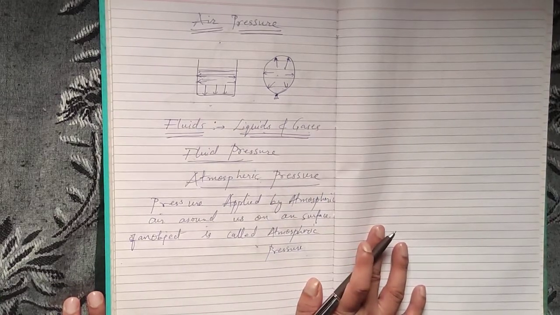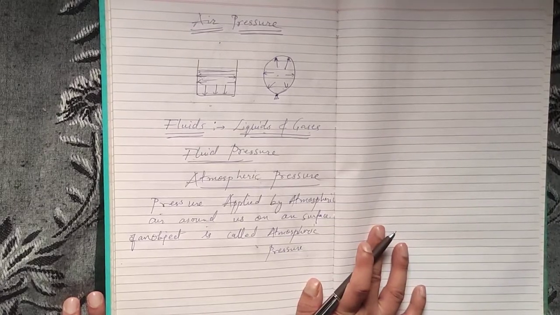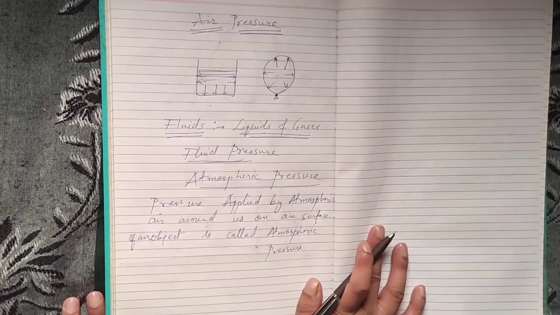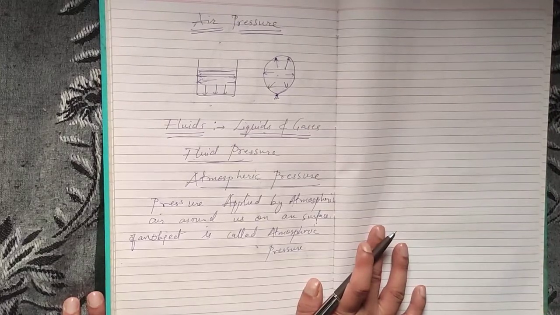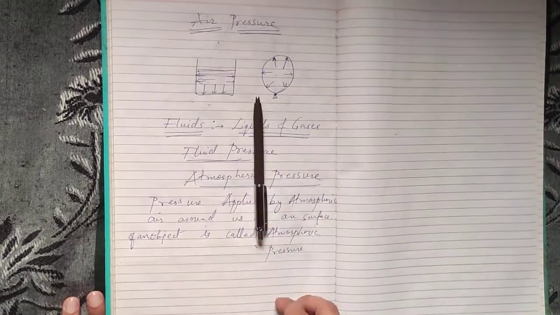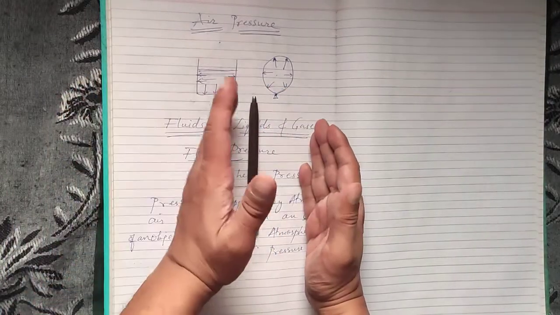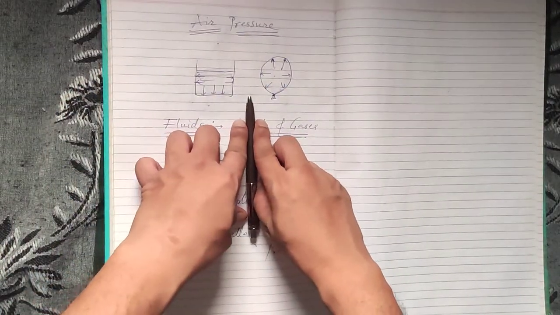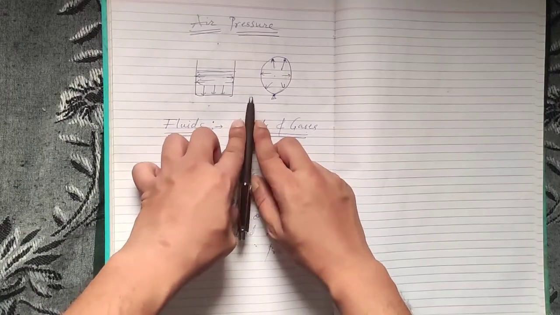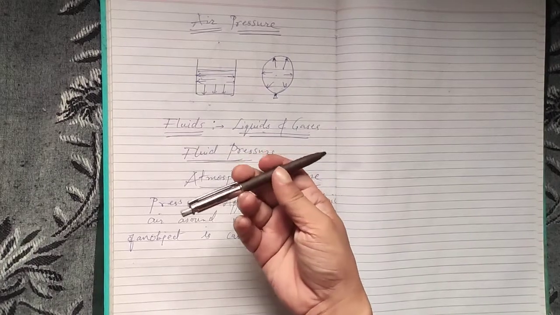So atmospheric air is applying pressure on a surface, right? The atmosphere is around us everywhere. That means it is applying pressure on each and every object. Now because we have pressure everywhere around us, we do not experience it. If I keep this pen over here, air is applying pressure on this side as well, and air is also applying pressure on this side as well. So they both balance each other. Equal pressure is applied. That is why we do not feel any change, or we do not experience the pressure.